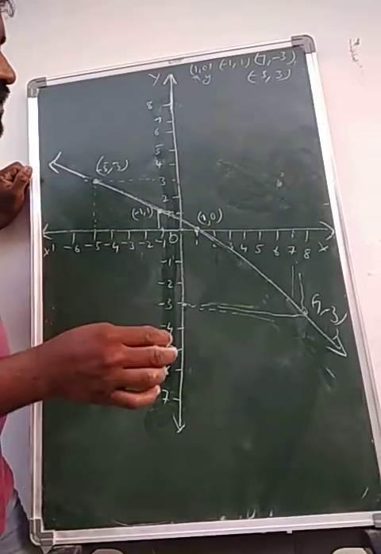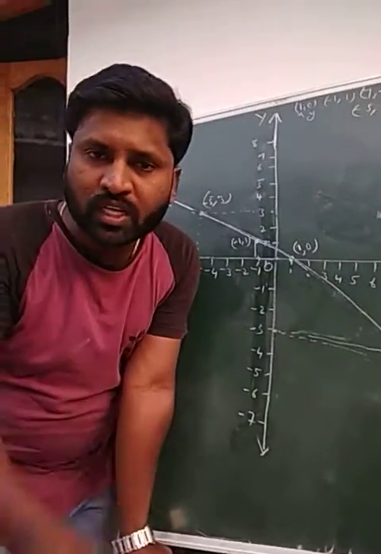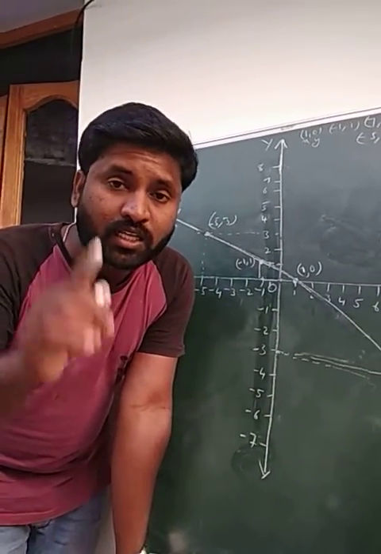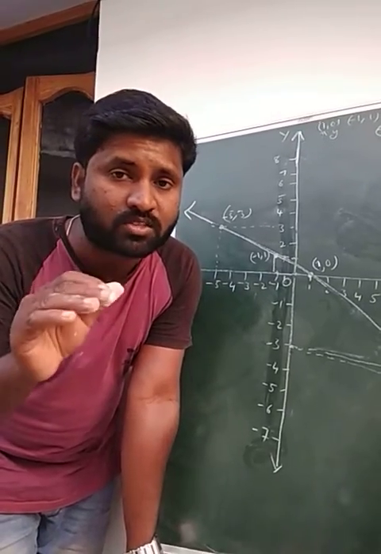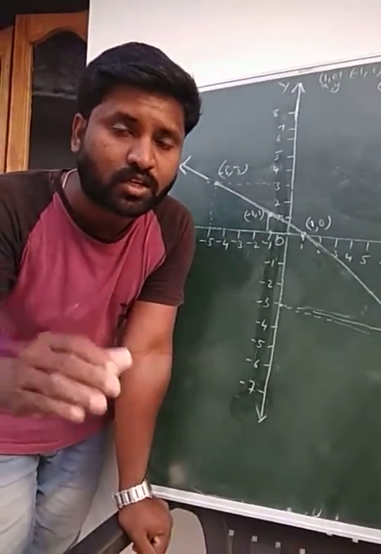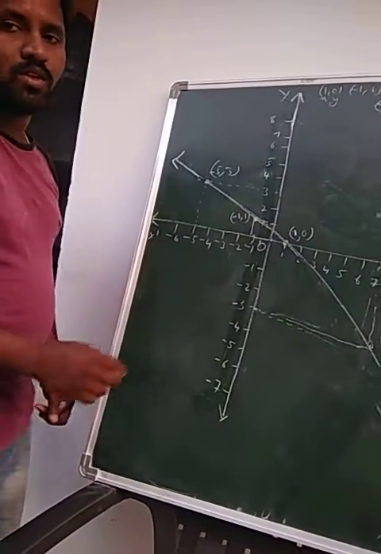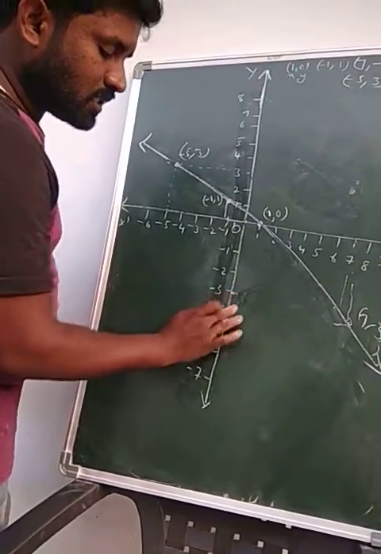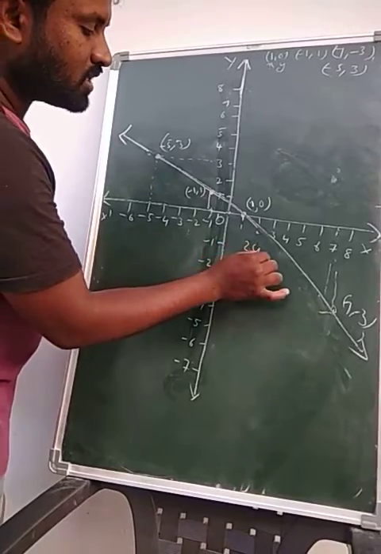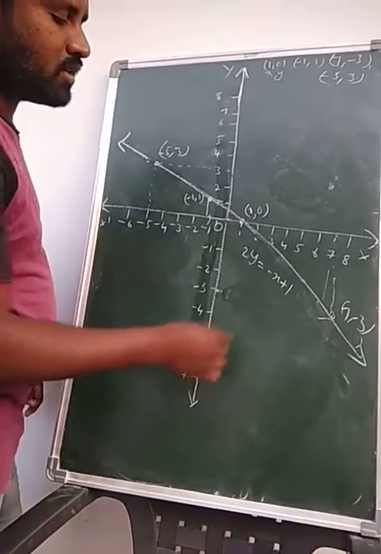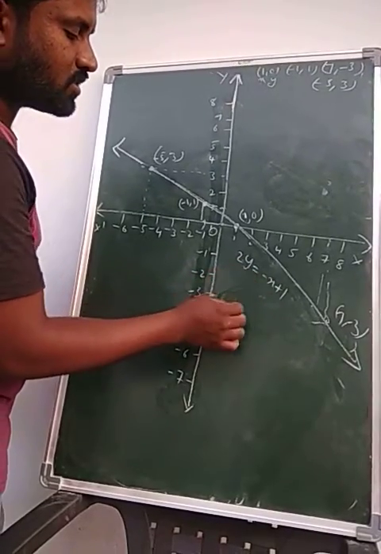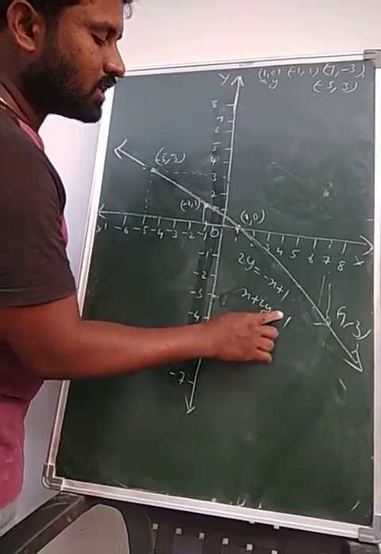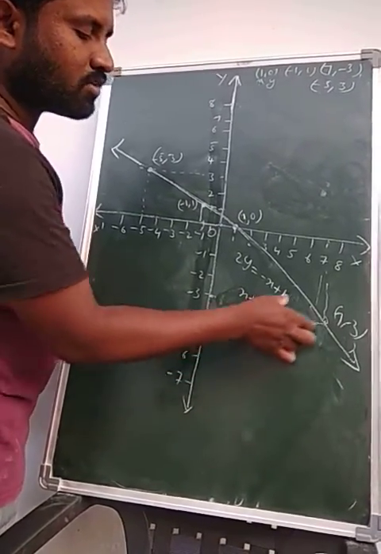So we can conclude that a linear equation with two variables has many solutions, and the graph of a linear equation with two variables is a straight line. Then what is the required equation? Write the equation here: 2y = -x + 1. This is the given equation. To write it properly, x + 2y = 1, or x + 2y - 1 = 0. So this is the required equation.